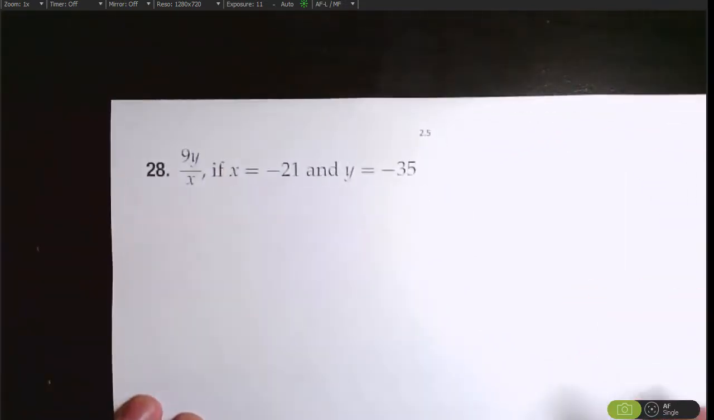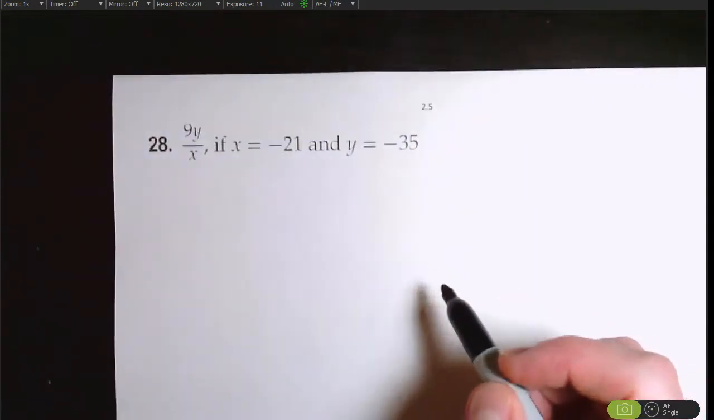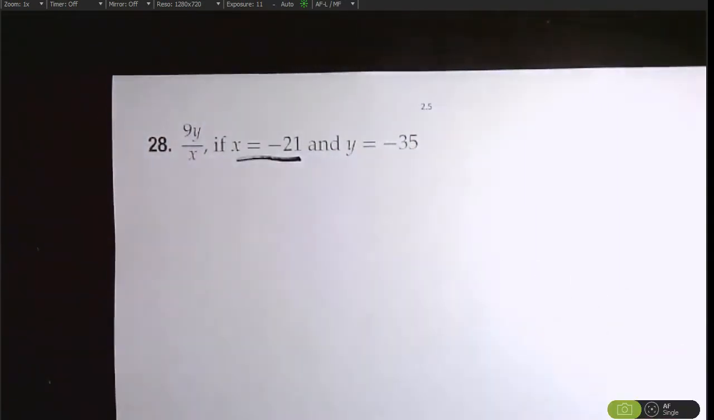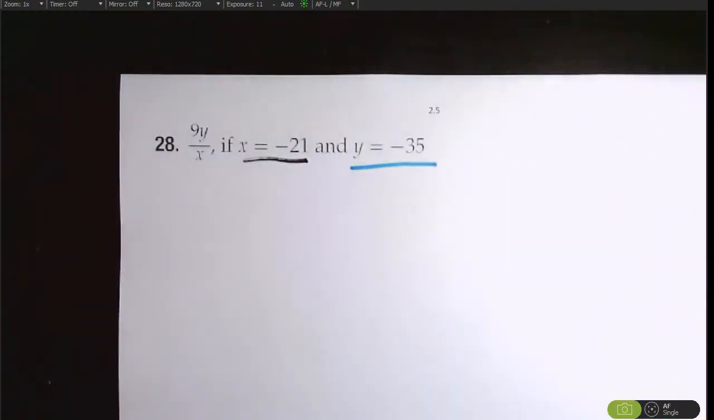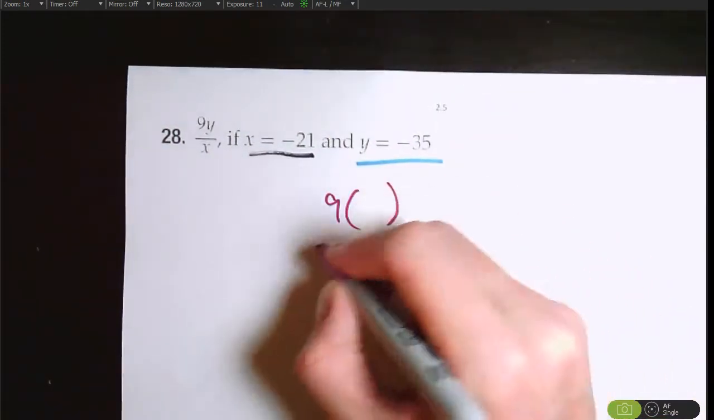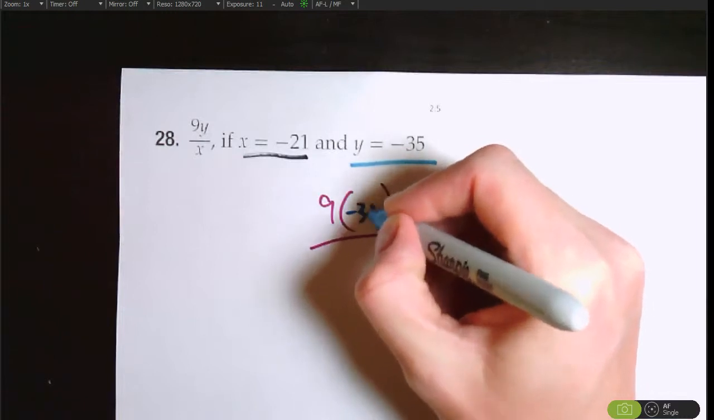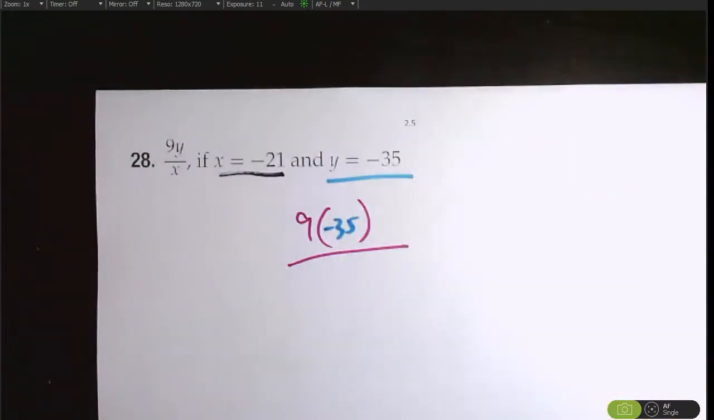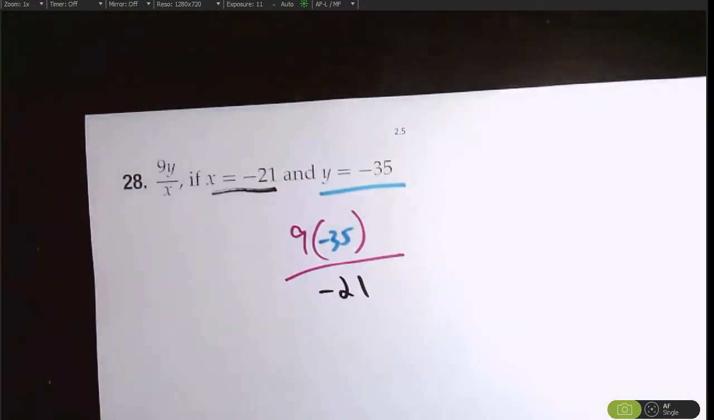28. We've got, oh, this one's going to be a little bit more work, I think. 9y over x if x is negative 21 and y is negative 35. So 9, we'll do 9 in the purplish color. So 9x over y. No, sorry, 9y over x. So 9 times negative 35 over negative 21. Okay. So,